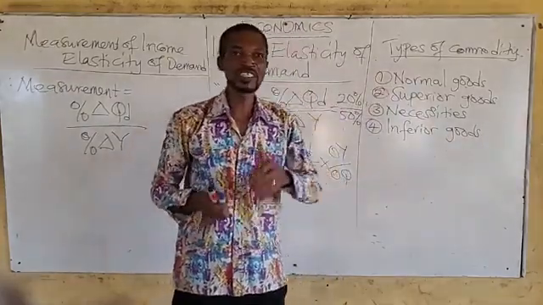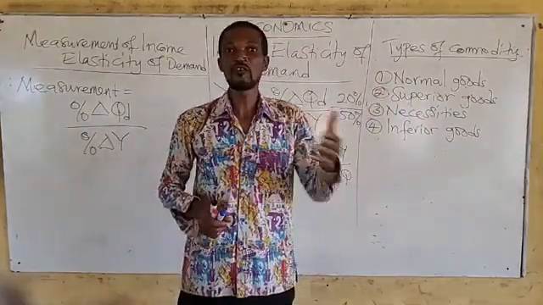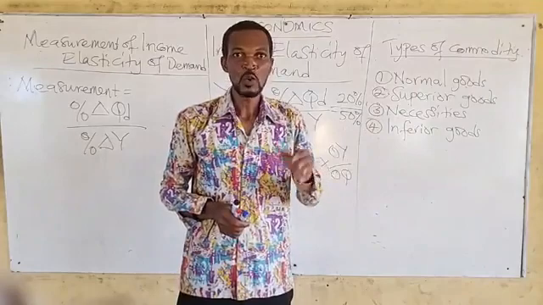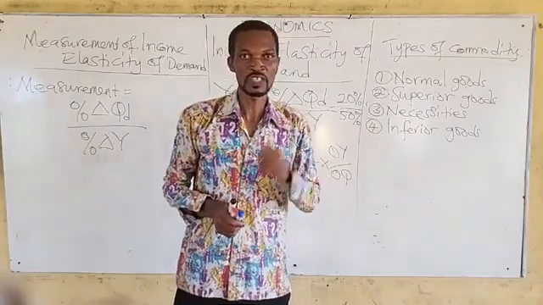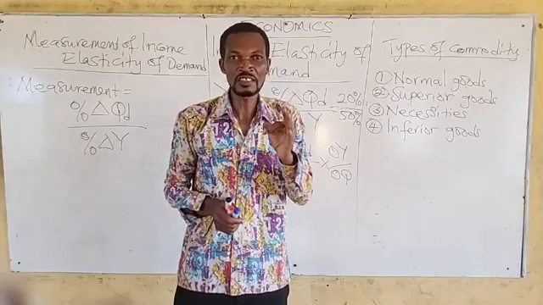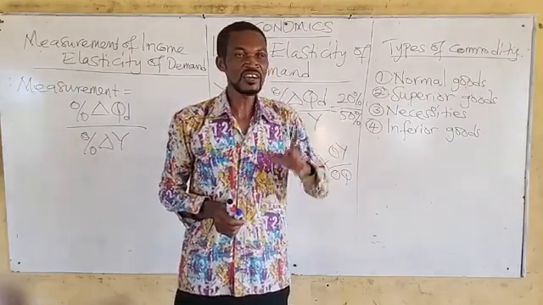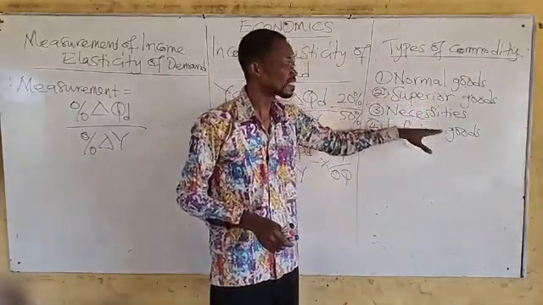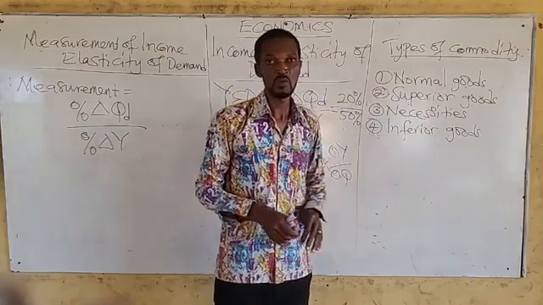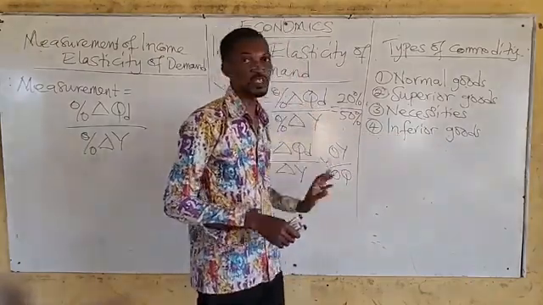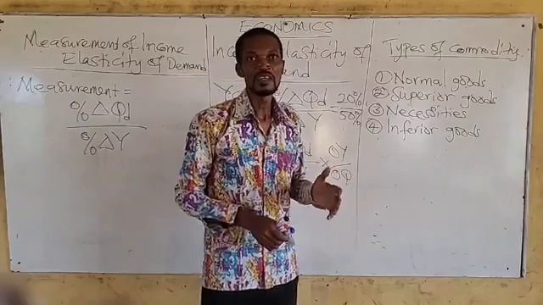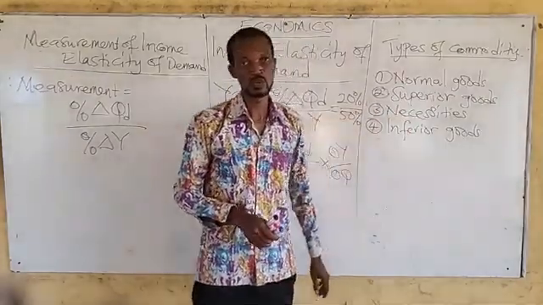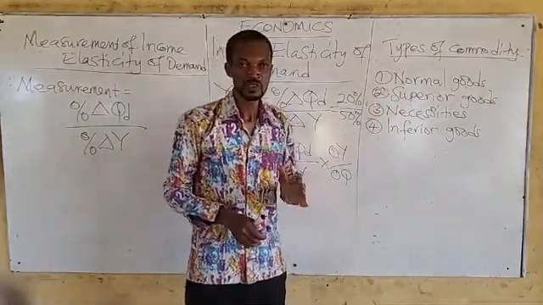So anytime you calculate income elasticity, normally the interpretation that we put on it is the type of commodity you have when you get your coefficients. The coefficient of income elasticity tells you the type of commodity. So anytime you calculate income elasticity, it will reveal to you whether the commodity is a normal commodity, a superior commodity, a necessity, or an inferior commodity. And we are going to use an illustration over here to tell you what is meant by normal commodities, superior commodity, necessities, and then inferior goods. I hope up to this point you are okay.